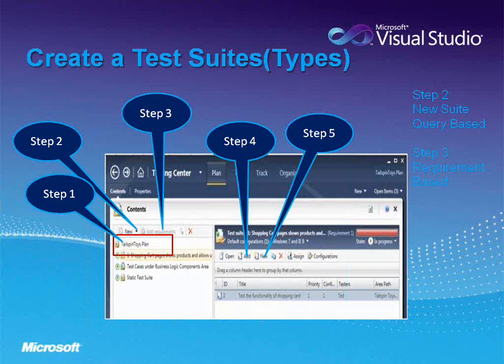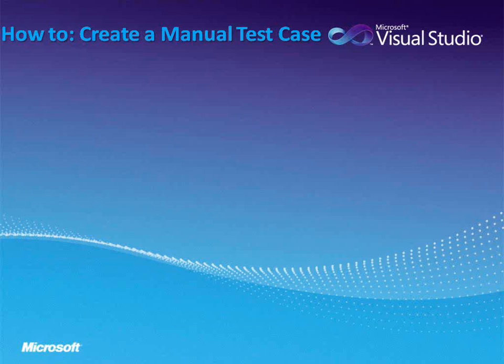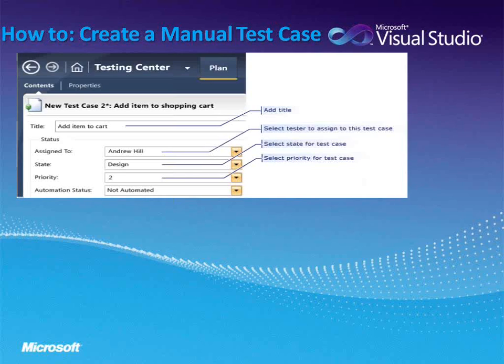New button, I want to enter a new test case. So these are the different fields you will get. The title means you have to add your title, to verify the login functionality or to verify the functionality of the login window, assigned to Mr. XYZ. Then the state. State is a design state.